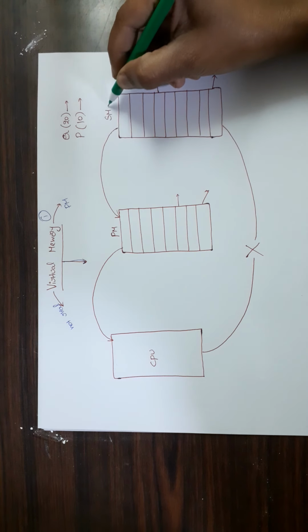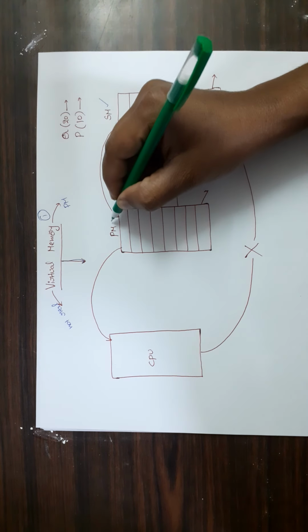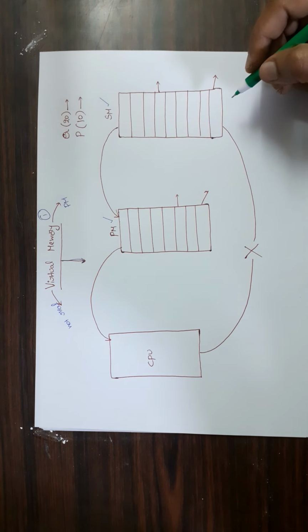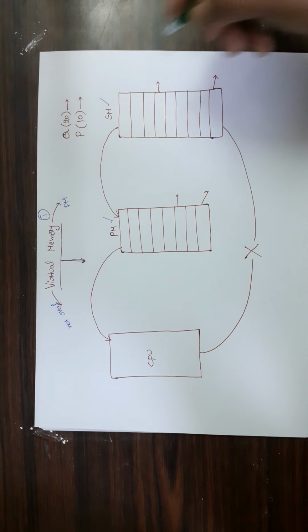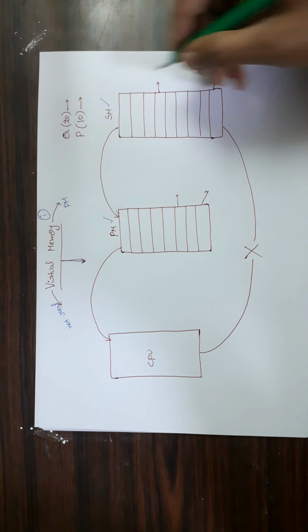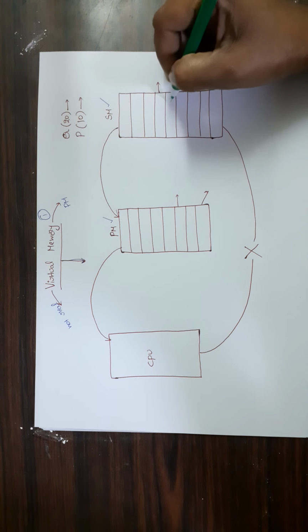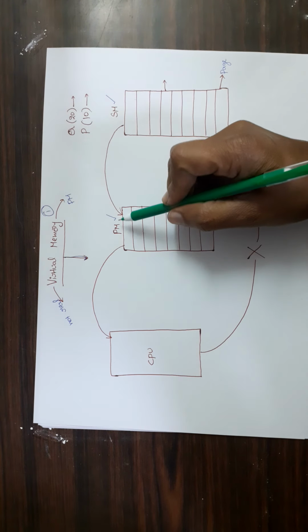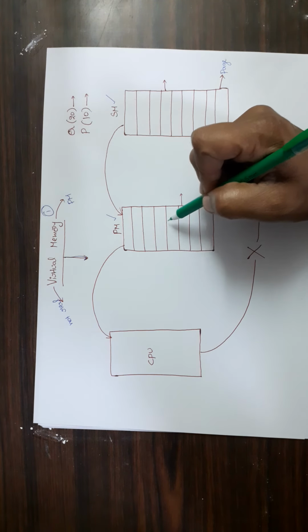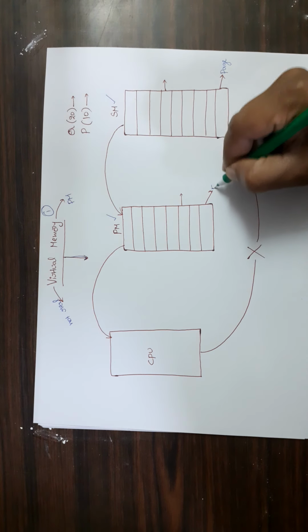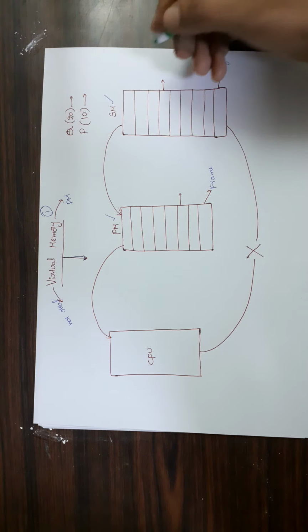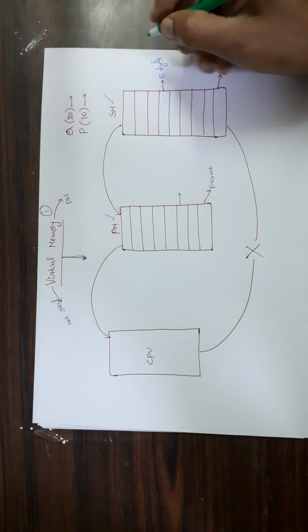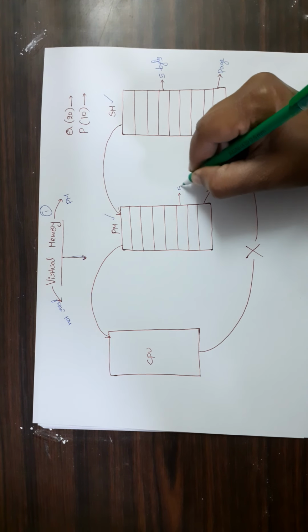Let us assume that this is the secondary memory and this is the primary memory, and we are following the paging technique for memory allocation. Then the entire secondary memory will be divided into equal sized portions. Here each portion is called a page, and the entire primary memory is divided into equal sized portions. Here each portion is called a frame. Let us assume that the size of each page is 5 bytes. Then obviously the size of a frame will also be 5 bytes.